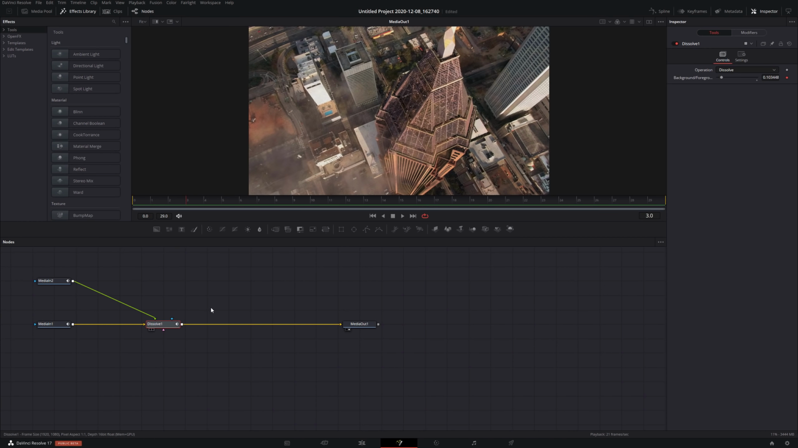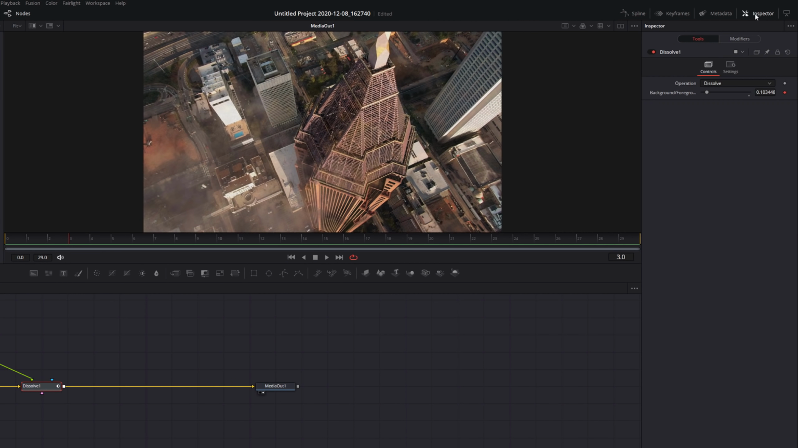Give the dissolve a click, open up the inspector in the top right hand corner, and then from here you can change the type of dissolve if you want to. So it's currently set to dissolve, you've got additives, erodes, all these different ones. Feel free to have a play if you want to. And then you've got the background/foreground slider. That just slides from 0 to 1, and that's what basically swaps the background with the foreground,